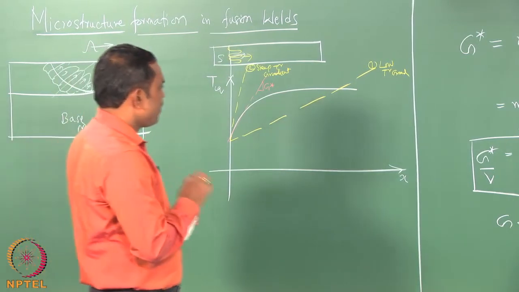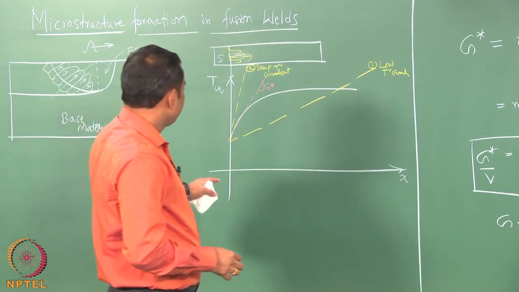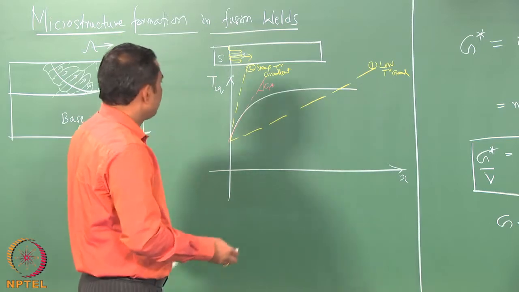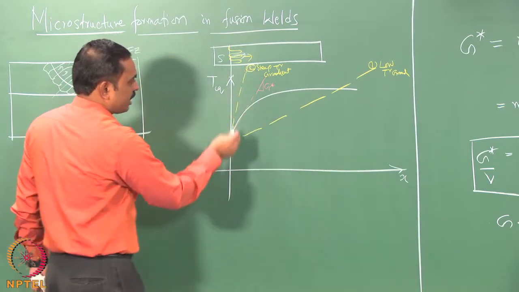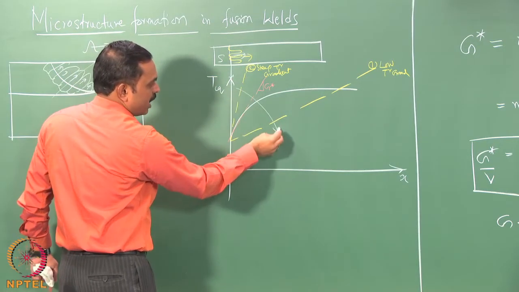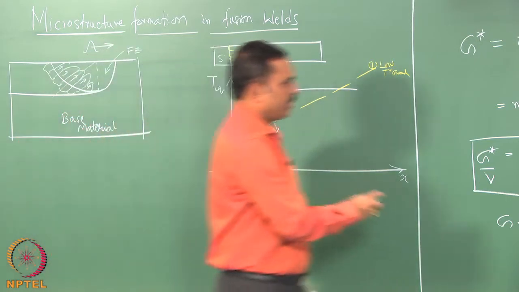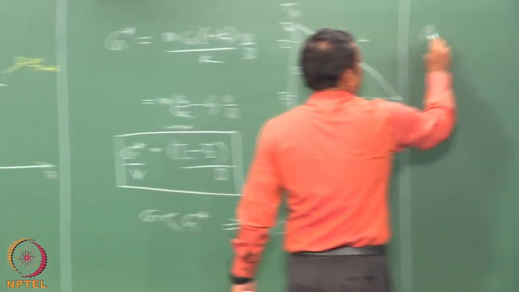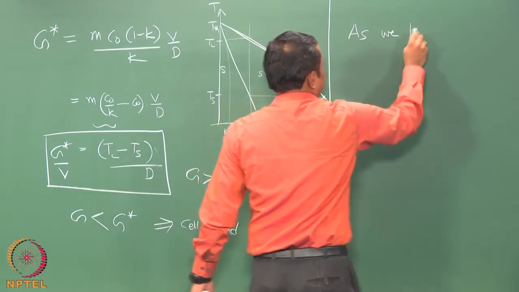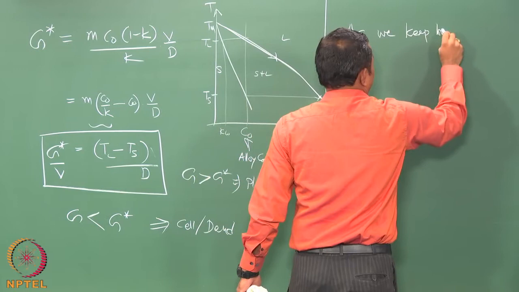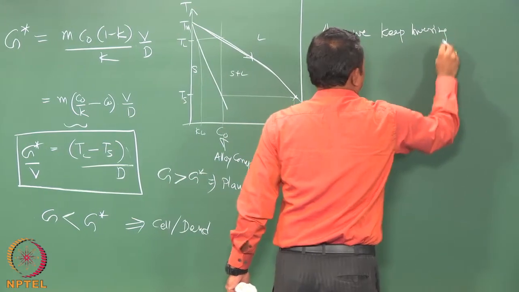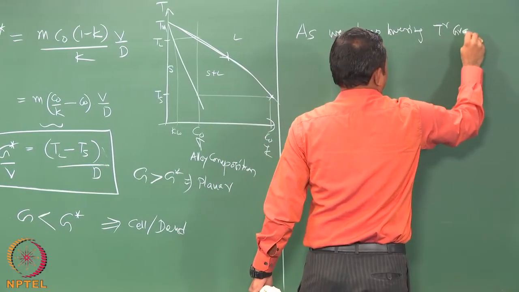And that map would tell us overall the picture of how the microstructure will be in the fusion zone. So, before we make the map, we would just look at the situation step by step as we go from the temperature gradient at a high value to a low value. As we keep on decreasing the temperature gradient, what is happening? So, we can write it here. As we keep lowering the temperature gradient,